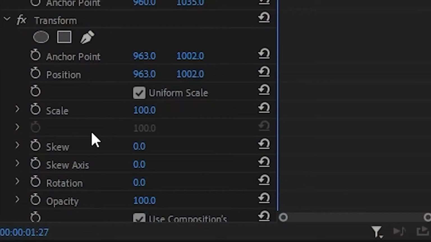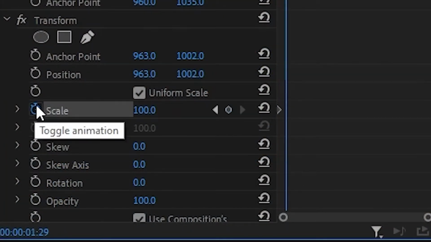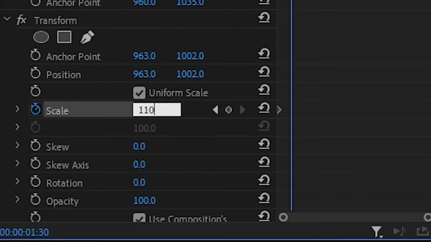But before you do that, there's one more important thing that you need to do. Underneath the transform section on the left side where the vector motion was at, you want to click on the scale stopwatch, and you want to do the same thing that we mentioned before. Set the first key point at 100, skip 3 frames, set it to 110, skip 2 more, set it to